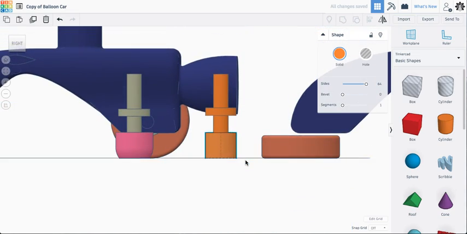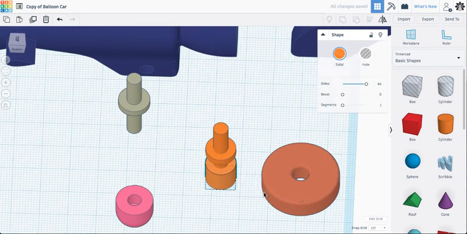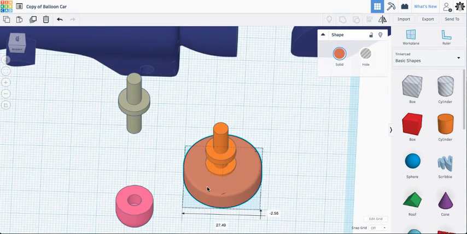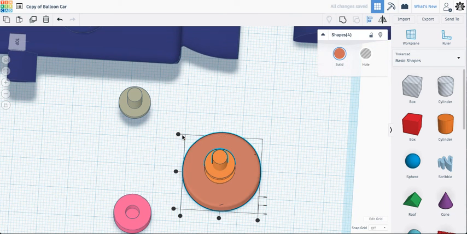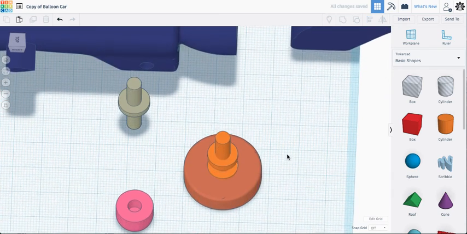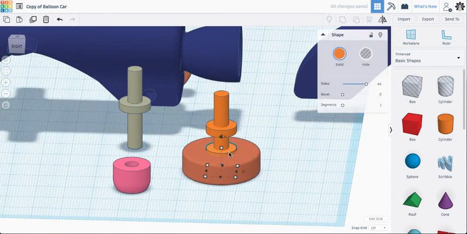So I'm just going to, there we go. It's a little bit taller than the other wheel now. So I'm going to drag this other wheel in right here. And I'm going to do the same thing. I'm just going to highlight everything. I'm going to click L, and I'm going to get everything all lined up in the middle. Perfect. All right, now I am just looking at this little orange wheel part right here, and I'm just going